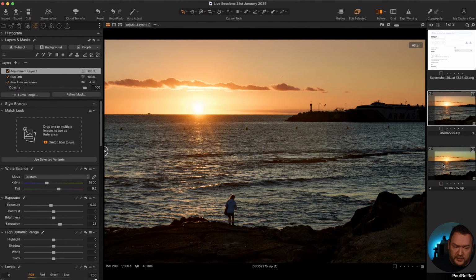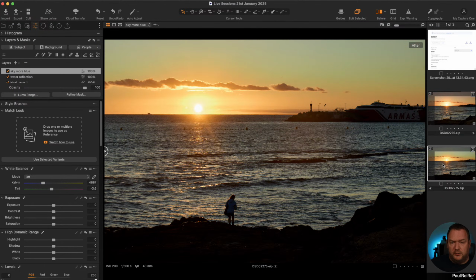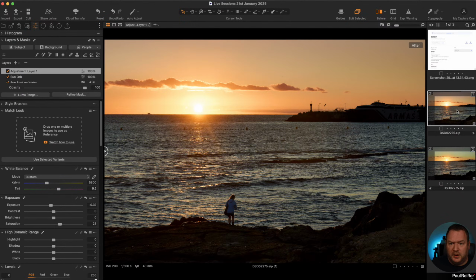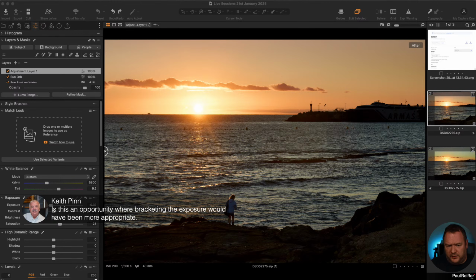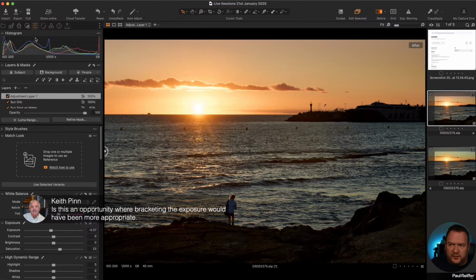I wasn't there. If that was genuinely what you recall, stick with it. But my gut feel is that's going to look a bit nicer on the wall. Keith's point, is this an opportunity where bracketing the exposure? You could do an HDR exposure, one exposure for the sun and the highlights, one exposure for the midtones, one exposure for the shadows. My gut feel on this, let's look at our histogram. I've got a huge spike here, a huge spike in the midtones, and a huge spike in the shadow. If I blend that, I think